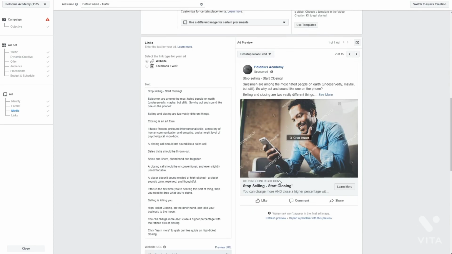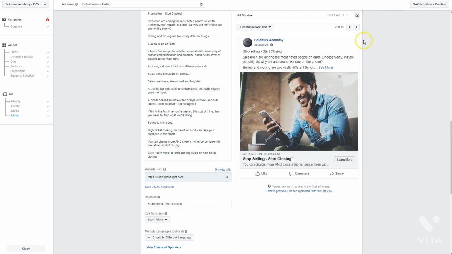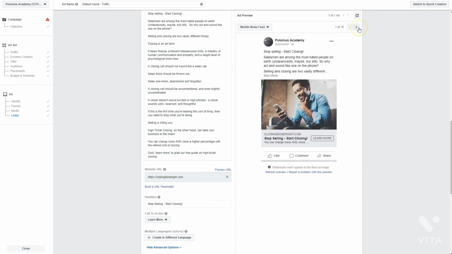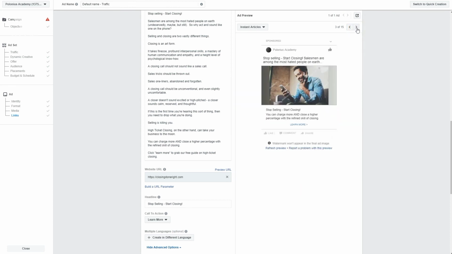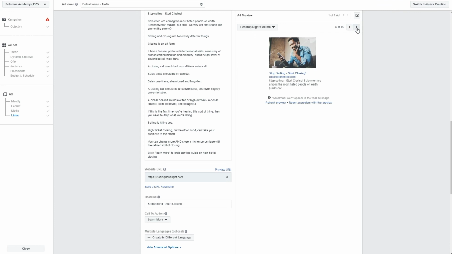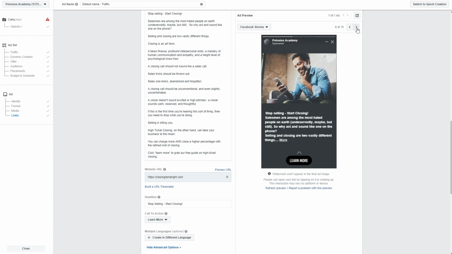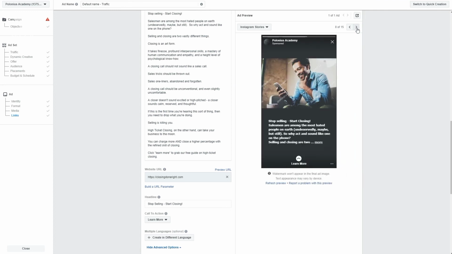That is more or less it. We've got our ad copy, we've got our ad image, we've got all the details down here set up, we've got linking to our website, and let's have a look at what this looks like in all the different placements. So this is mobile newsfeed. Not bad. Of course, the watermarks will be removed once the ad is published. And this is desktop newsfeed, instant articles, right column, mobile marketplace, Facebook stories, your Instagram feed, Instagram stories,